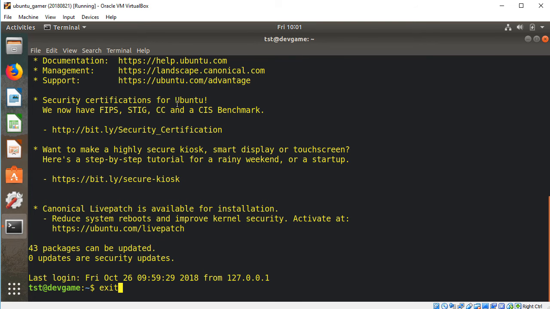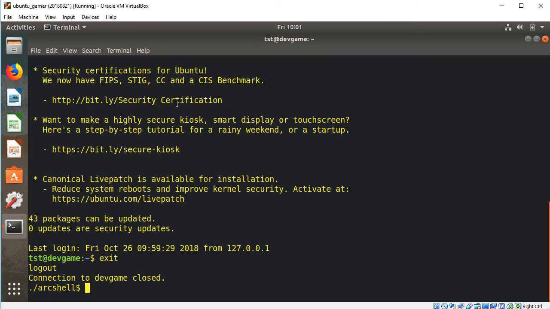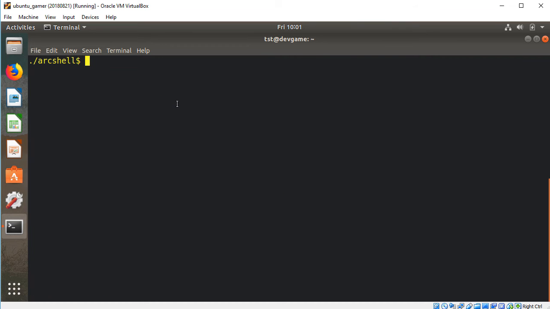Awesome. Okay, so that's working. Okay, so now we can connect to test, and what we want to do is package our local ArcShell installation. So we're going to type ArcShell